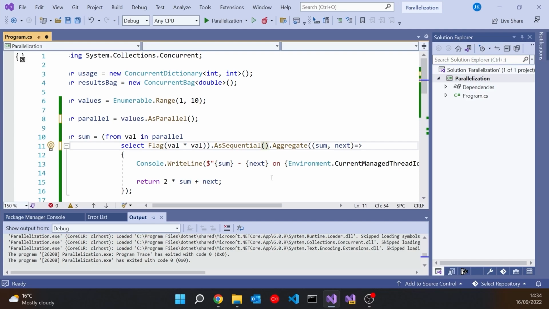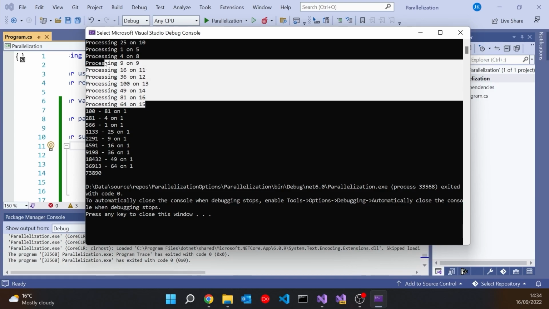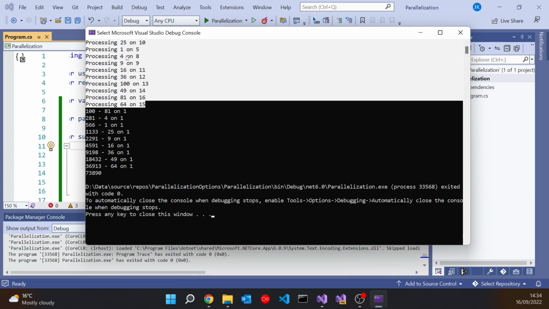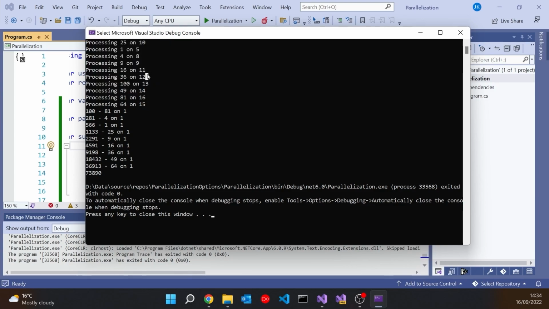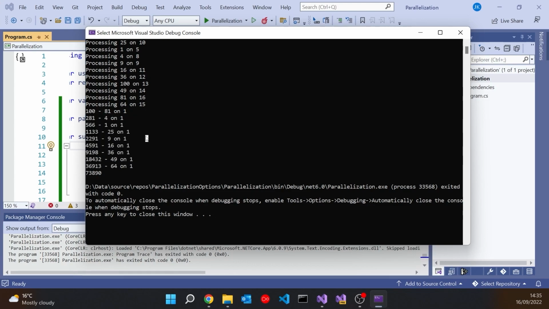And so if we run that, what we can now see is here we've got the processing in a random order. You can see those are random and happening on lots and lots of threads. And then here, well, this is getting a bit odd. It clearly is sequential because we're getting thread 1 for each case, but it's still coming through in a random order.